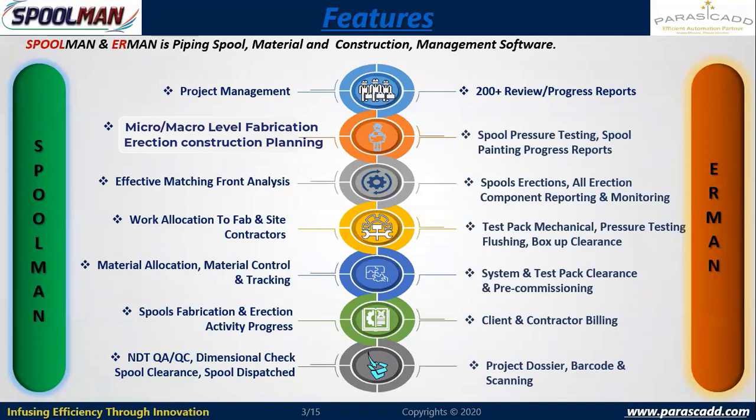Further, all this progress data is available, which will be used for client and contractor billing. So if I'm a spool fabricator, then I can generate a bill. This month I have fabricated 1,000 spools, and for each spool, what is going to be my rate? So in case of US clients, I have a spool, what is the material cost of the spool? What is the welding cost or the fabrication cost of the spool? What is the transporting cost or painting cost?